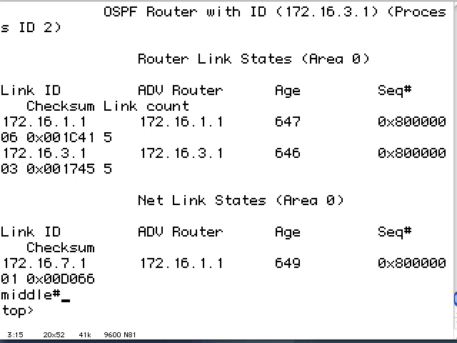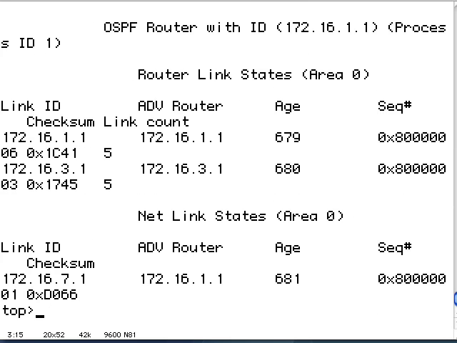Here I am on the top router, show IP OSPF database. And again, I have 3 LSAs. One with sequence number 80,000,006, one with sequence number 80,000,003, one with sequence number 80,000,001. My OSPF databases are completely identical on both routers. Both routers have the same 3 LSAs with the same 3 sequence numbers, so they have the same information, and